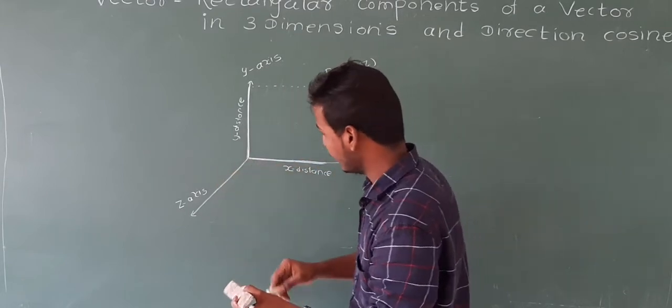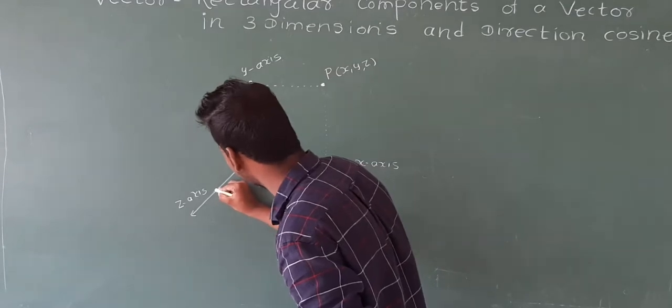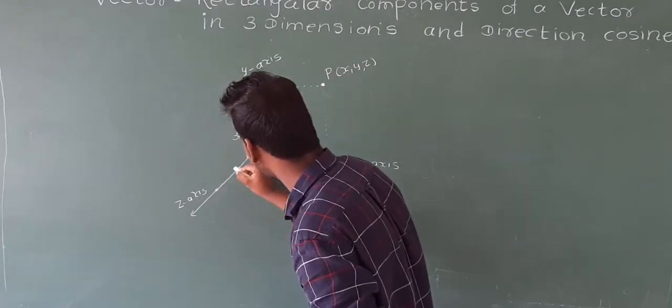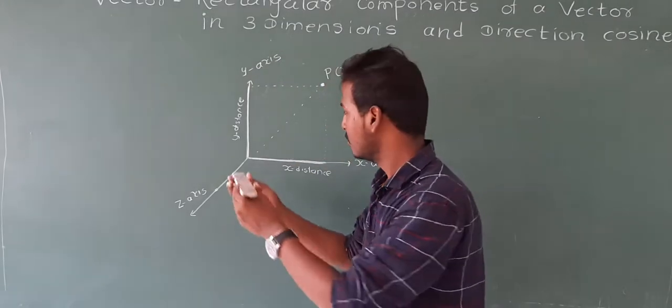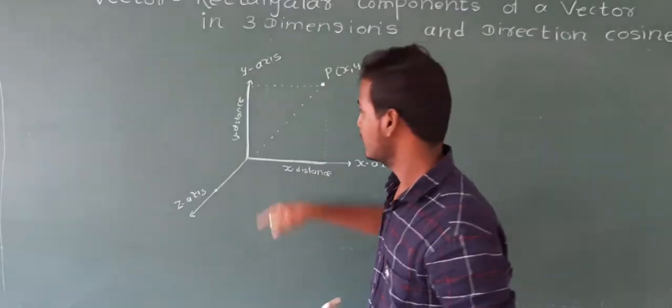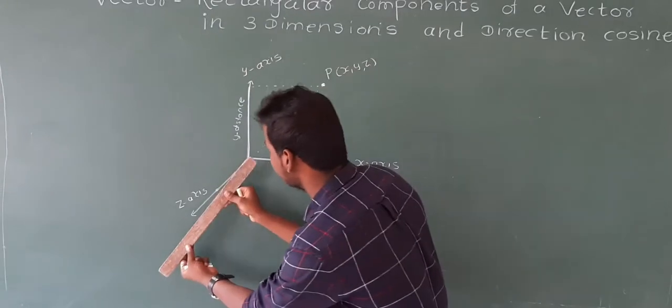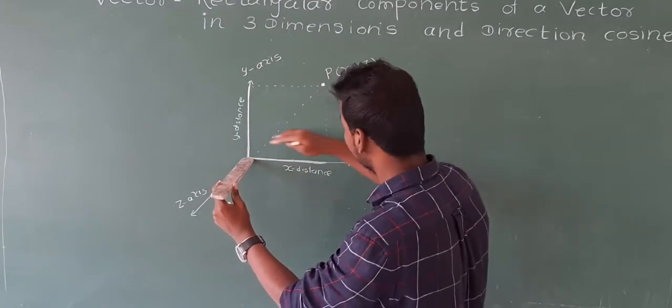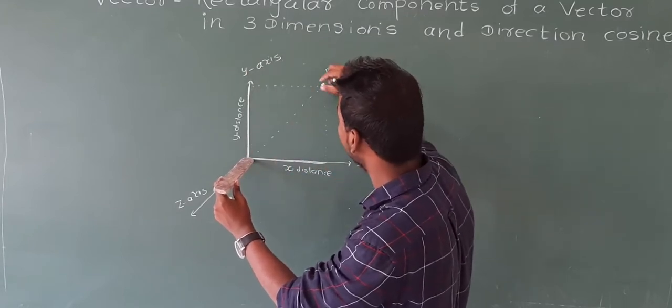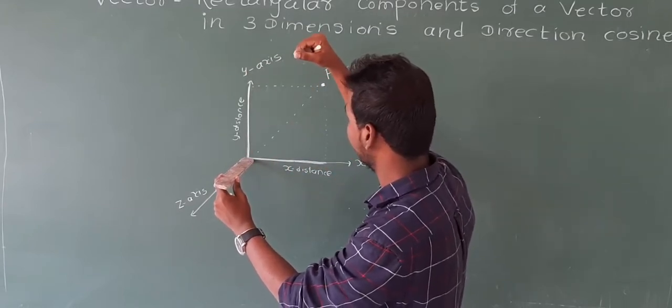So we have to draw it like this. Let's say this much distance, so it will go like this. Are you getting it now? This is the x axis, let it be as it is, the y axis, and actually the z axis is not like this, it is actually like this. So this is x, this is y, this is z, point P is here.